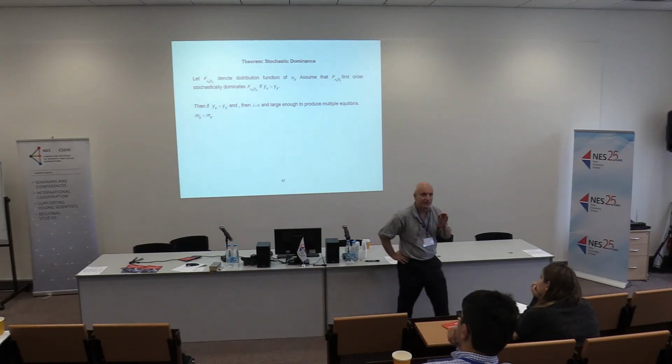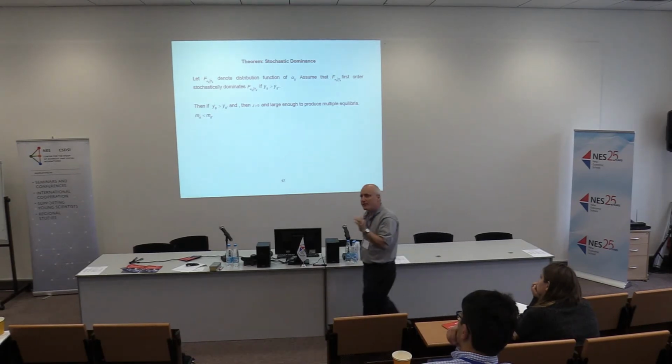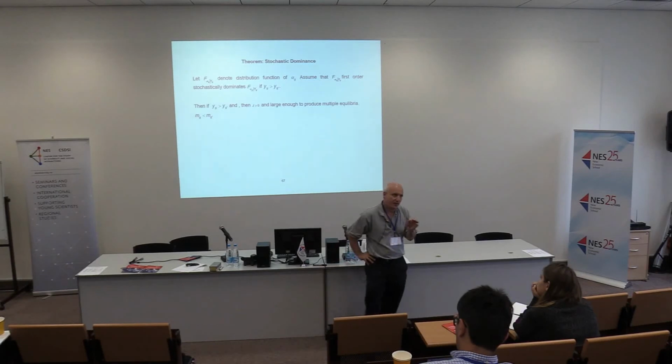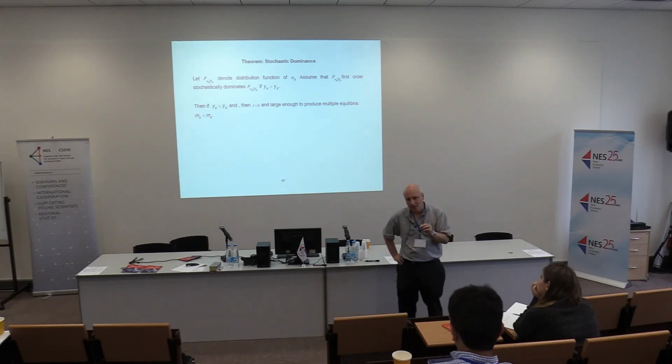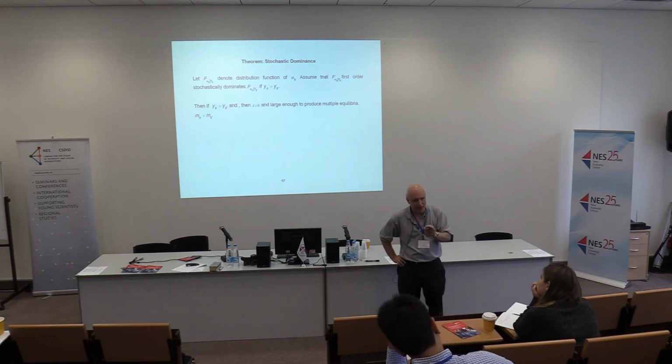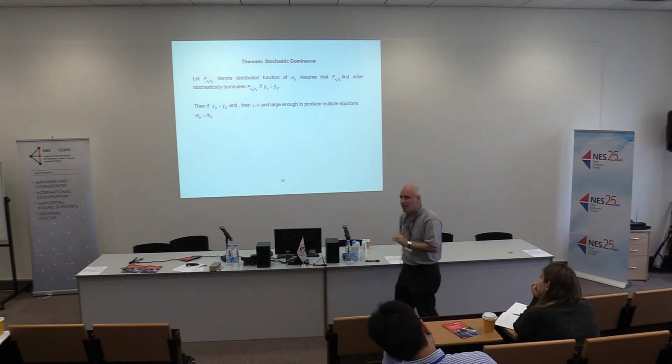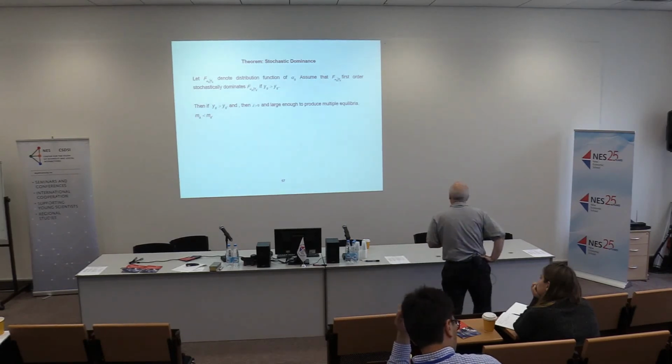And so what I want on the table is the recognition that one of the routes to identification that so far has not really been implemented is this notion of pattern reversals. When you have outcomes that reverse the rank orders of the fundamentals, multiple equilibria and coordination at different equilibria is one of the routes that could explain that. And so that's a strategy for trying to uncover social interactions.